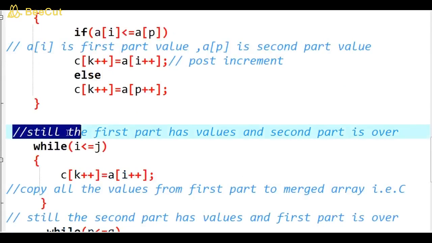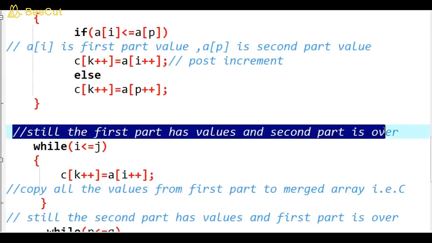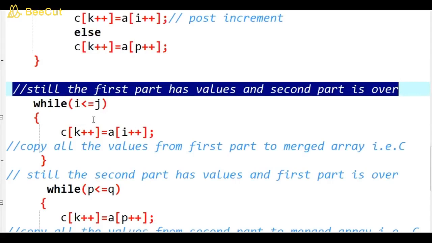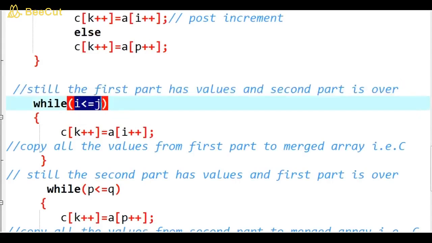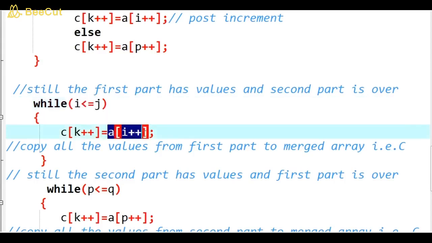See the other possibilities. Still the first part has some values and the second part is over. That means the second part is completed, but the first part has some values. Simply we have to copy all the first part values to the merged array. So while I is less than or equal to J, access all the values from the first part and copy into the merged array. A of I plus plus will be stored in C of K plus plus.